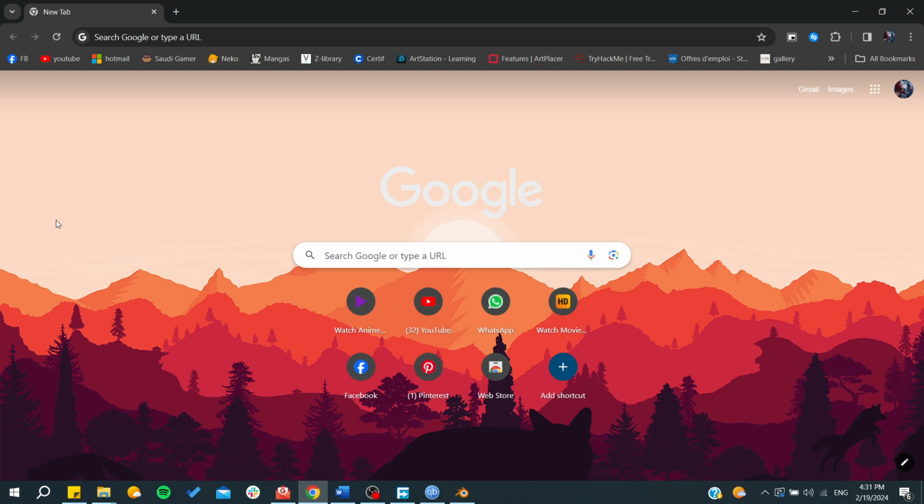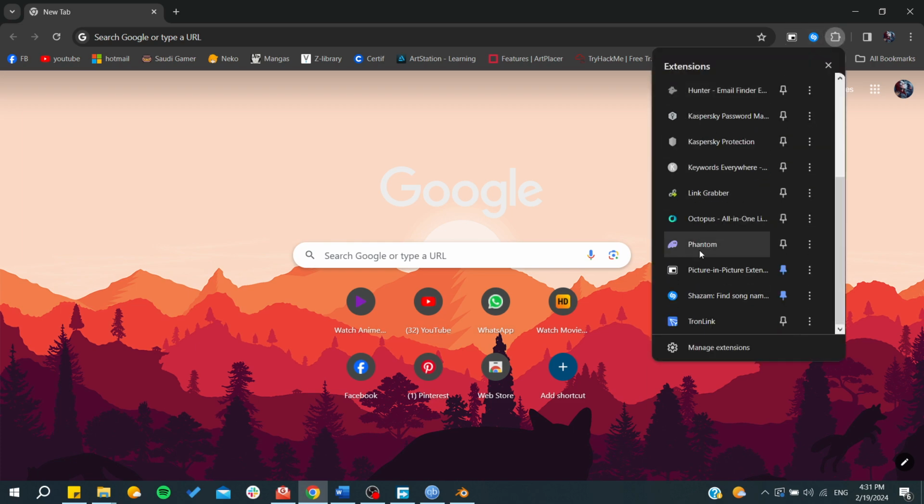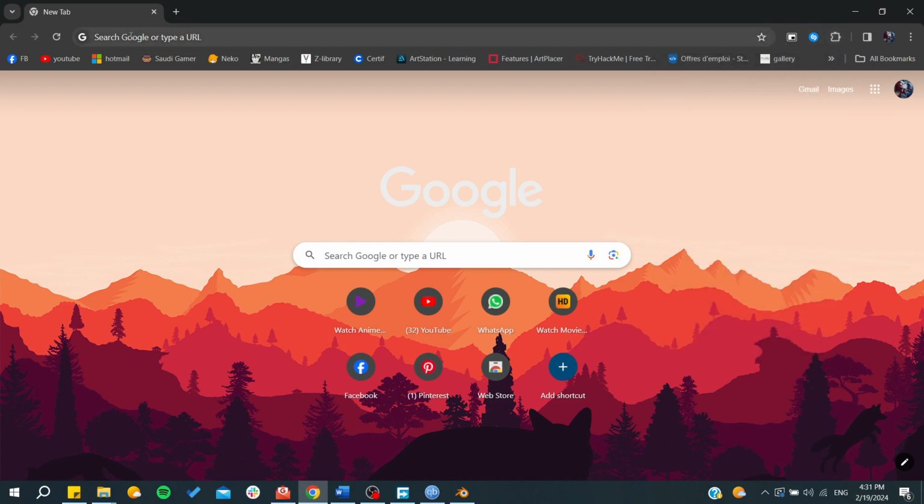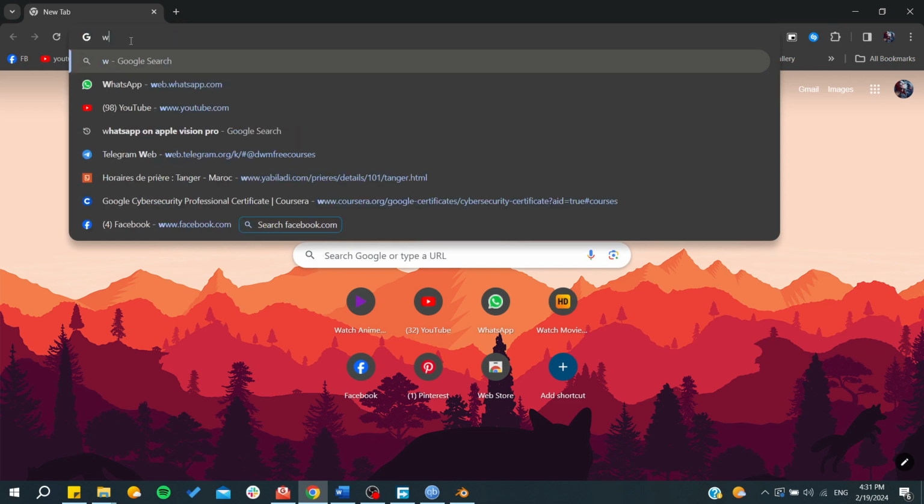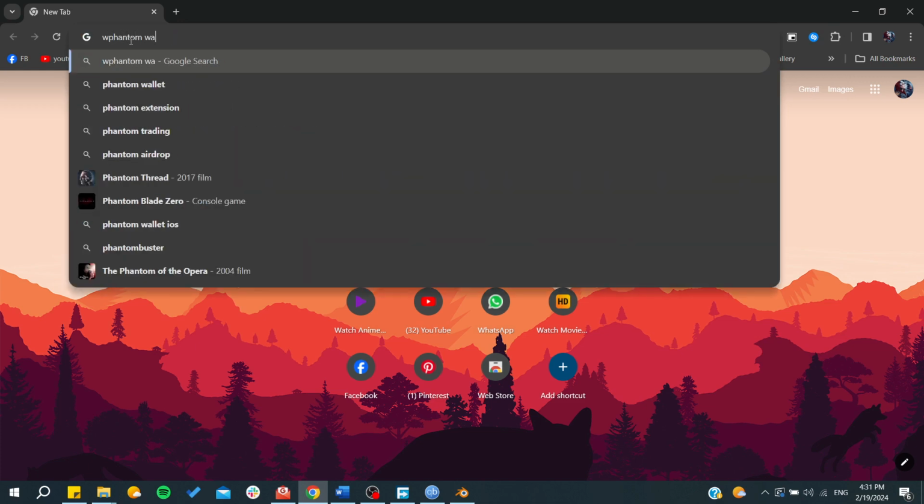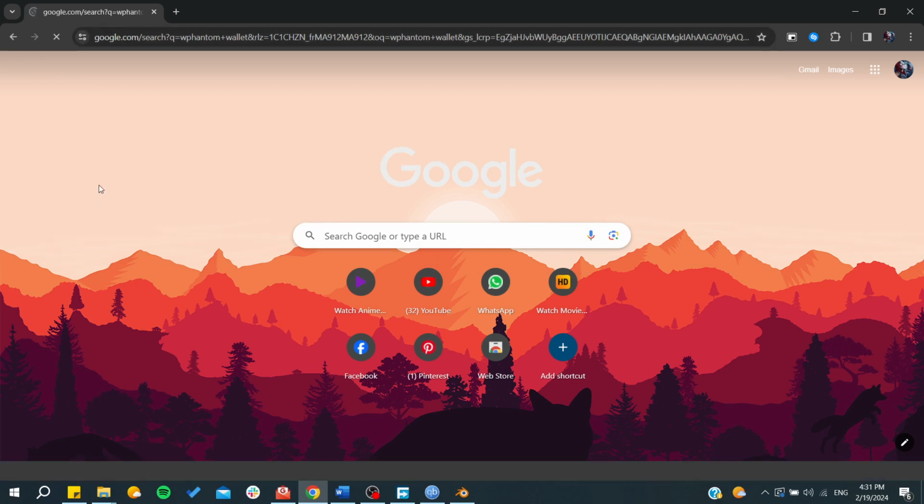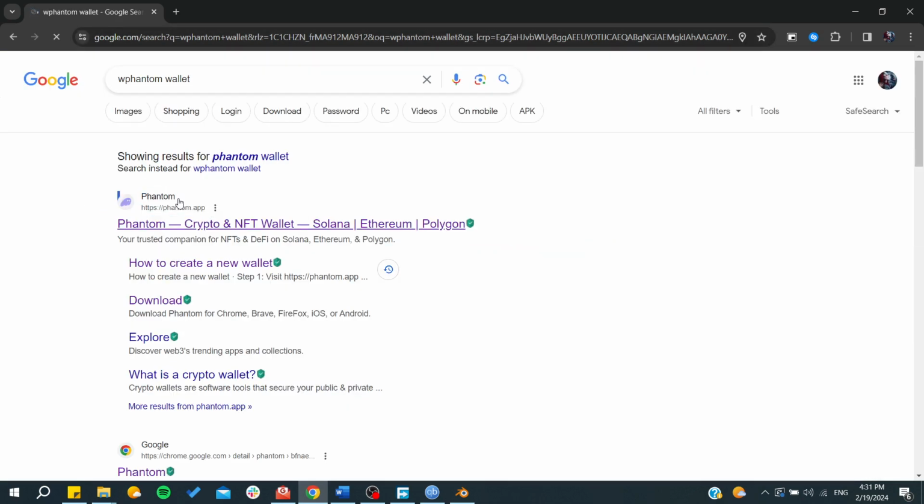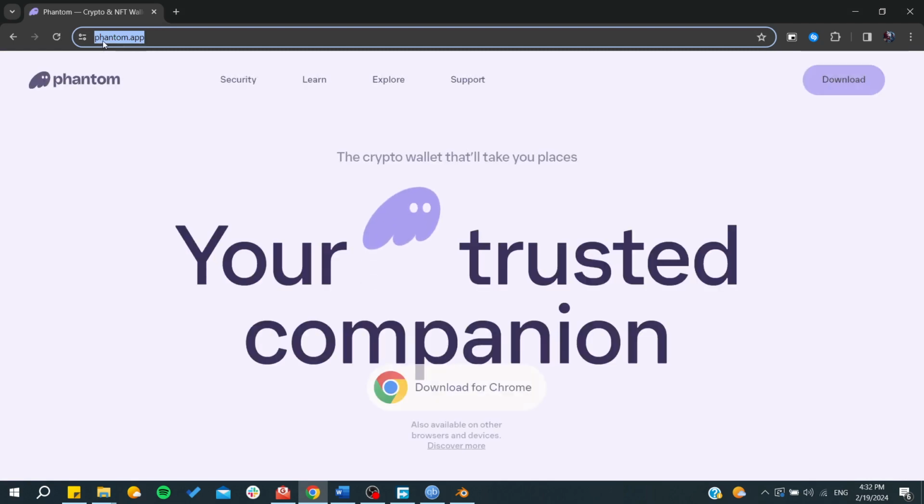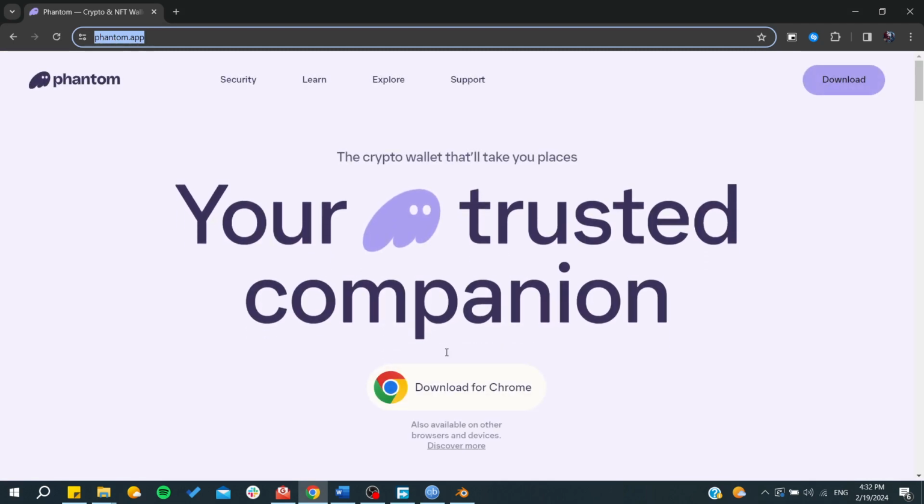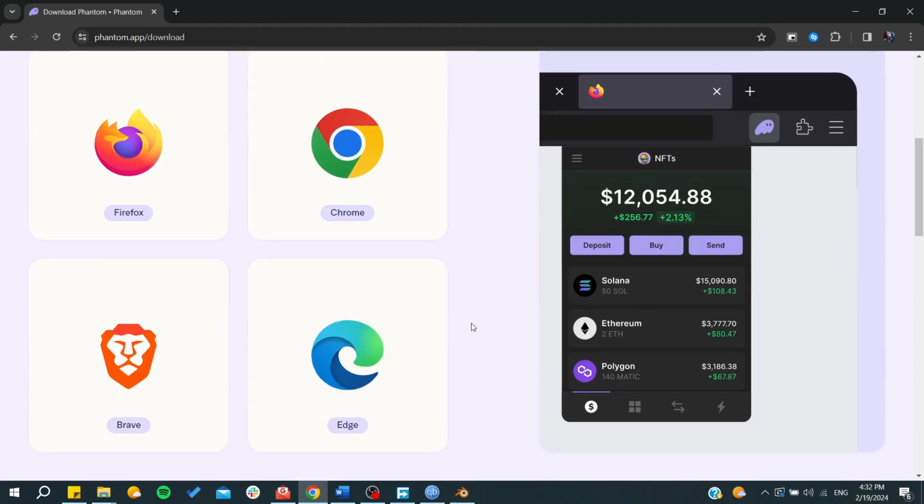Of course, firstly you will need to have your Phantom extension on your web browser, as follows. And if you don't already have it, you will need to type Phantom wallet on your web browser and search for this website, or you can directly go to the URL section and type phantom.app. After that, you will need to download the extension or just click on download so you can